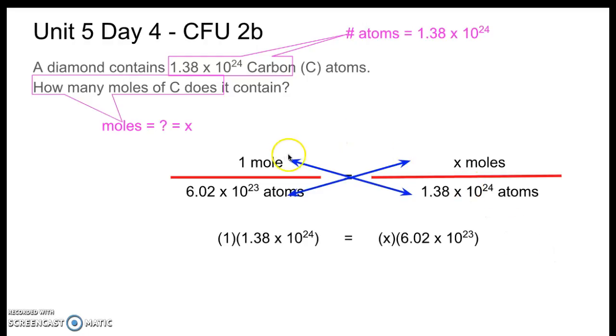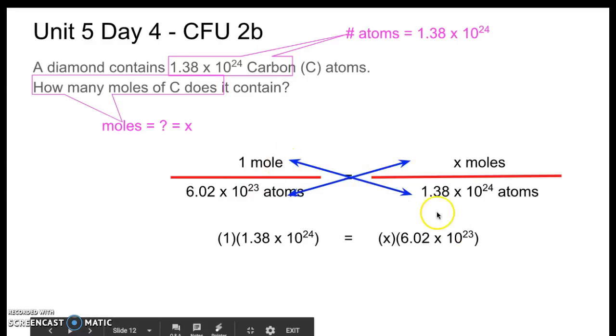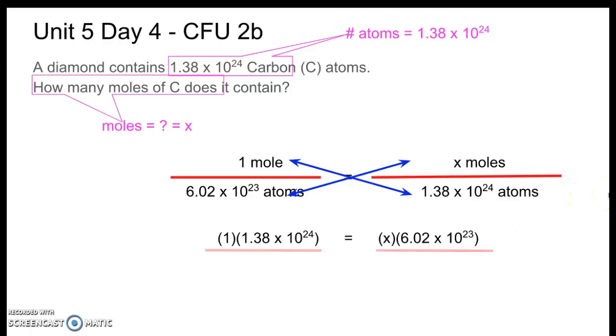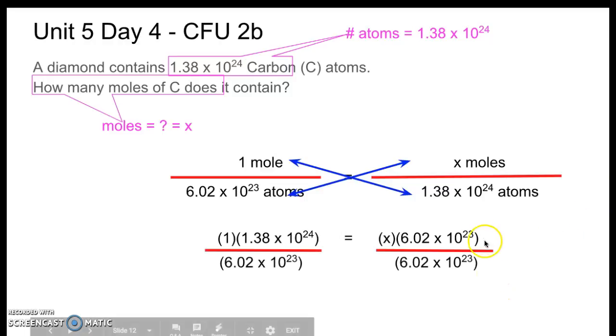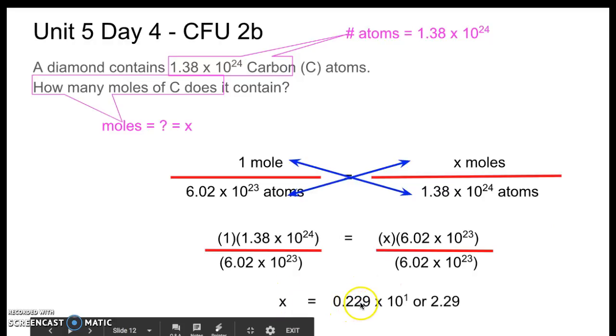Okay, great. So we have our 1 mole over 6.02 times 10 to the 23 atoms and x moles over 1.38 times 10 to the 24 atoms. We cross multiply. x times 6.02 times 10 to the 23, that gives me this value over here, and 1 times 1.38 times 10 to the 24, that gives me that value over here. To isolate my x, I'm going to divide both sides by 6.02 times 10 to the 23. That will cancel this out on that side, and then that will give me x is equal to 0.229 times 10 to the 1 power, or in standard notation, it'll be 2.29 times 10,